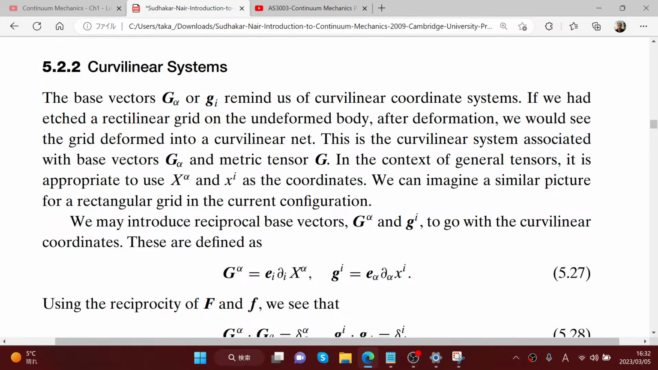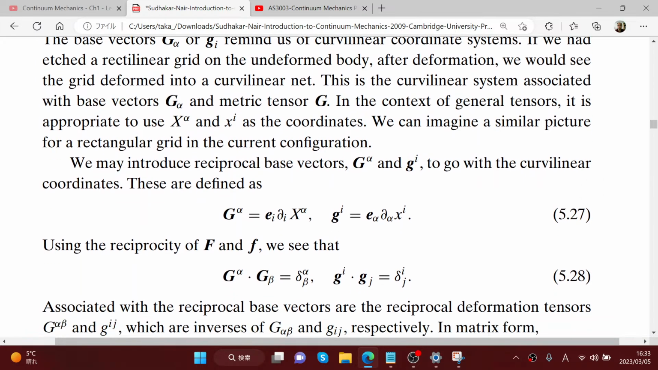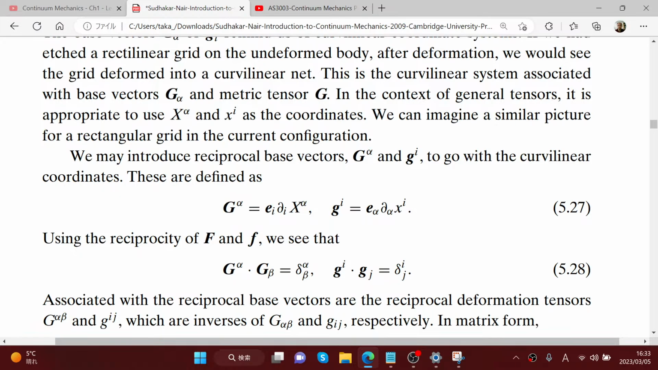Curvilinear systems, base vectors G alpha or Gi remind us of curvilinear coordinate systems. If we had etched a rectilinear grid on the undeformed body, after deformation we would see the grid deformed into a curvilinear net. This is the curvilinear system associated with base vector G alpha and metric tensor G. In the context of general tensors, it is appropriate to use